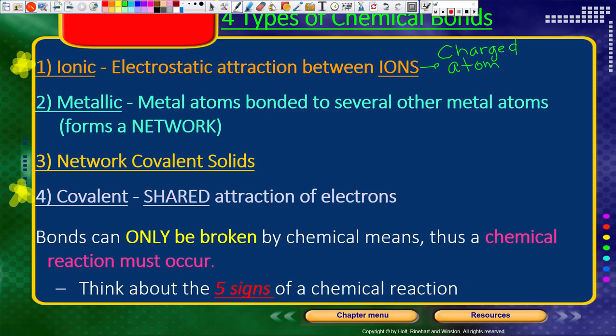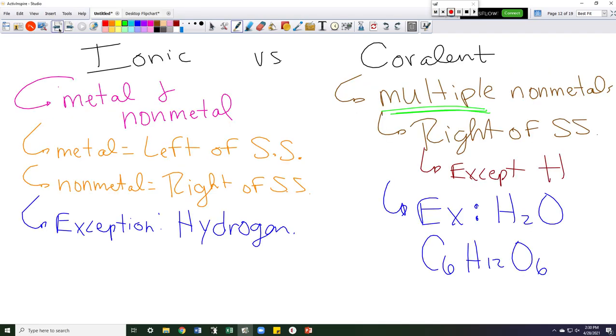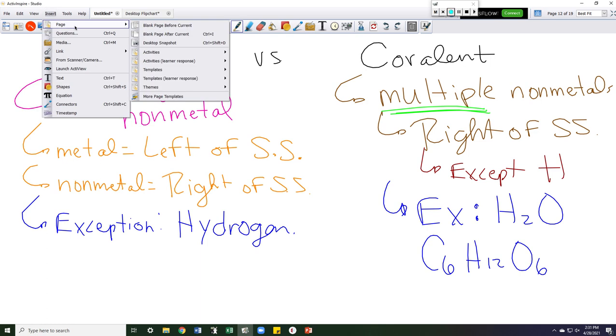Okay? Now, you've got some space. I'm going to hop off of this and go to my whiteboard, but I want you to also add this to it. There are 2 types of charged ions. Does anyone know? There are 2 types. There's a positive one. Does anyone know what the positive ion is called? It starts with a C. We talked about it before.